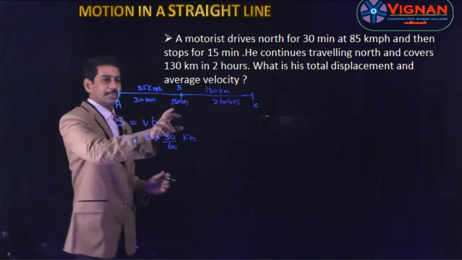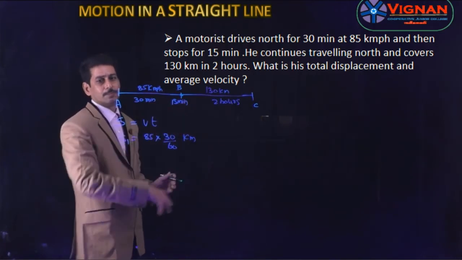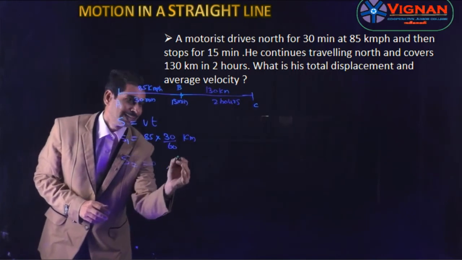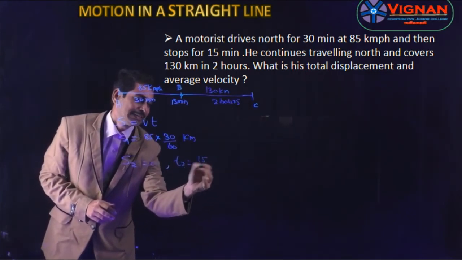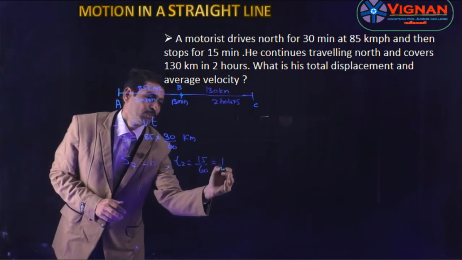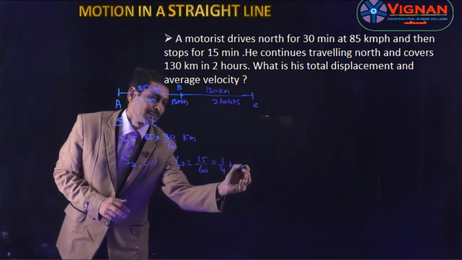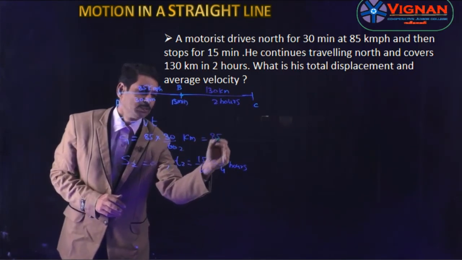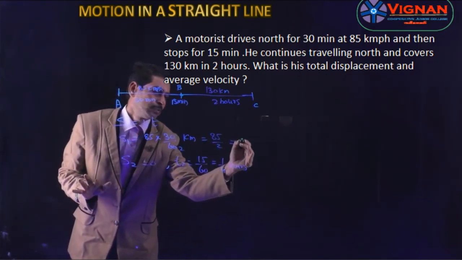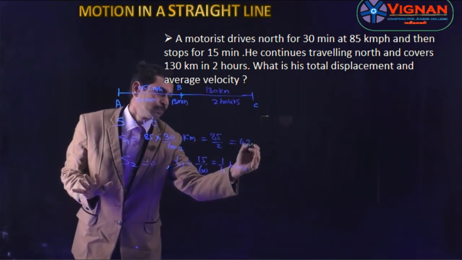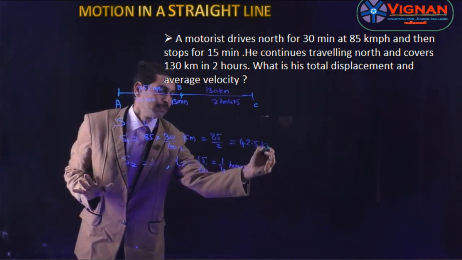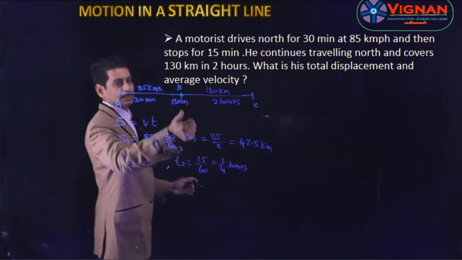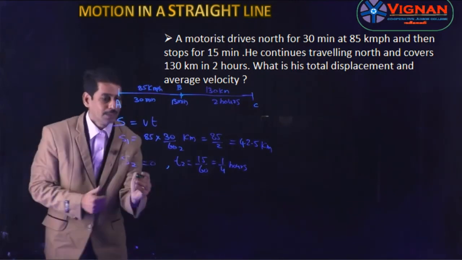Now at the part B he is stopped for 15 minutes, so there is no distance traveled. So the S2 is 0. But here the time T2 is equal to 15 by 60. So it is nothing but 1 by 4 hours. And here it is 85 by 2, which is 42.5 kilometer. So for the part AB the distance is 42.5 kilometer, and for stopping the distance is 0, and for the